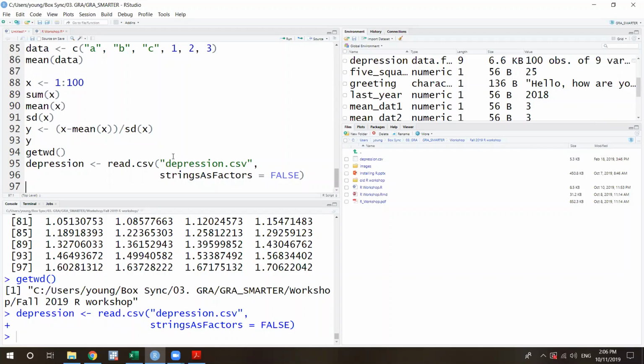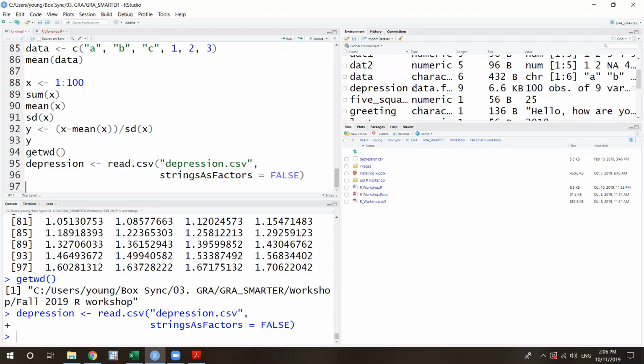If you set the working directory correctly, it would work fine. And then after you do this, it would just pop up in your environment called depression, which has 100 observations with 9 variables.